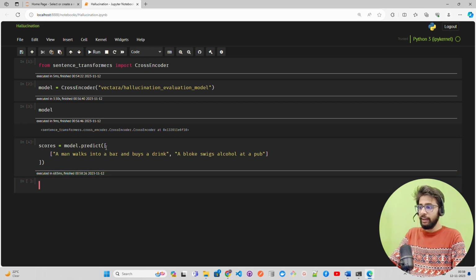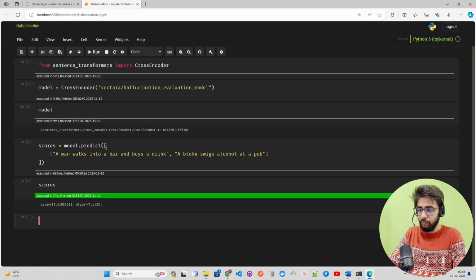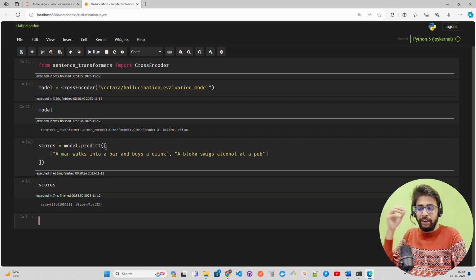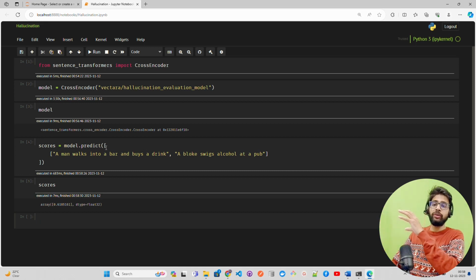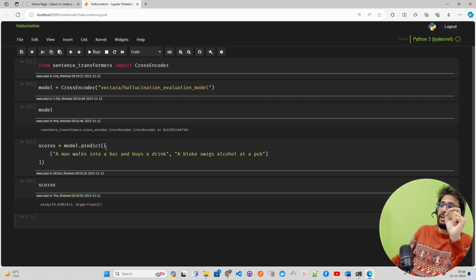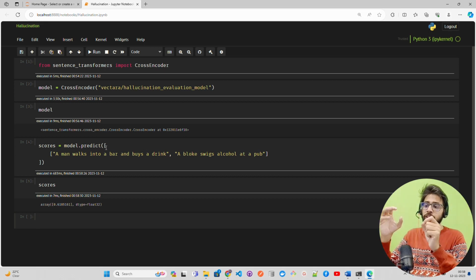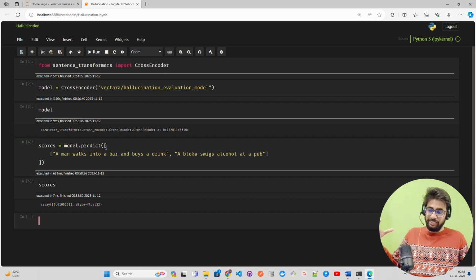Once I run it, I can just do scores, and you can find the value; it's an array that it gives you. It says 0.61. When I mentioned this hallucination evaluation model in the beginning, it gives you a probability value between 0 and 1, and if anything is less than 0.5, it means it's hallucinating. Now the only concern I have is